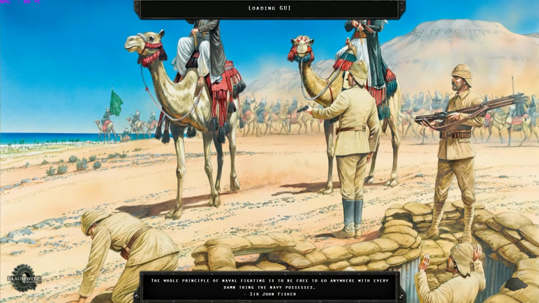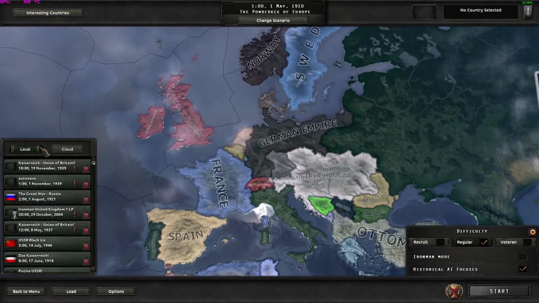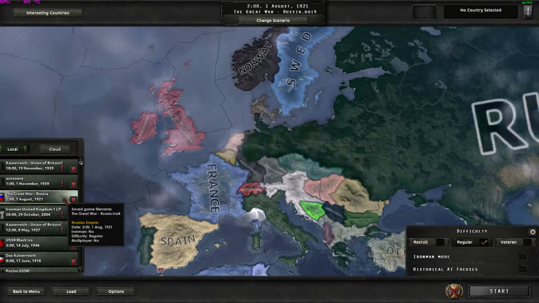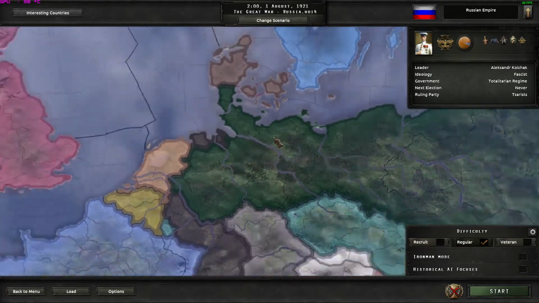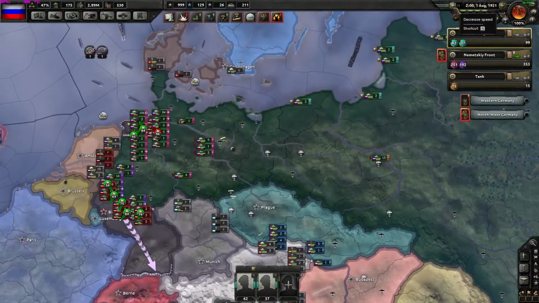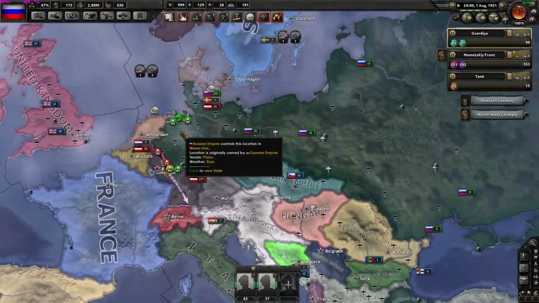as the Russian Empire in the Great War mod. A mighty Tsarist fascist Russian Empire. Our date is currently the 1st of August 1921, 2 AM to be precise, and we are still fighting the Germans. I don't know if you saw at the end of the last episode, but I forgot to pause the game, so the game went on for one or two more weeks. But nevertheless, we are still to witness the capitulation of the German Empire to the mighty Russian